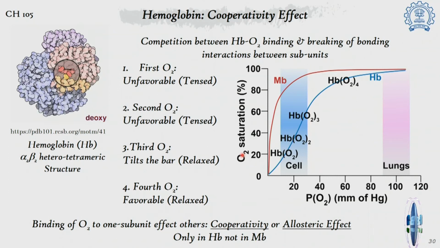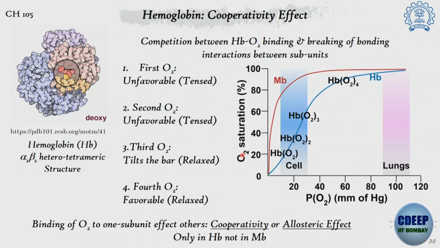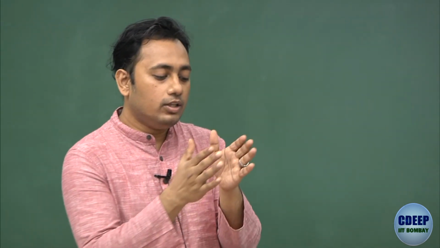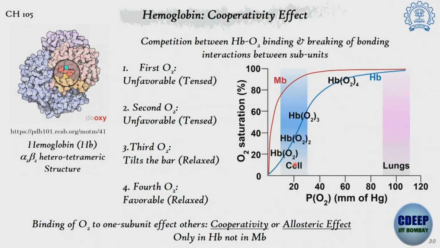Binding of oxygen gives some energy, but that is not good enough if only one oxygen binds, because all the subunits are connected all together. So one oxygen binds to one of the subunits, it tries to pull off the iron, but it has to make sure dynamic changes happen all over the protein structure, and one oxygen binding is not good enough. So at that stage the hemoglobin will like to stay with all this strongly hydrogen bonded and salt bridge interaction between all the subunits, and that is called the tensed state. So the first oxygen binding is not going to change the system. That's why at lower pressure of oxygen, the hemoglobin doesn't bind oxygen very well.